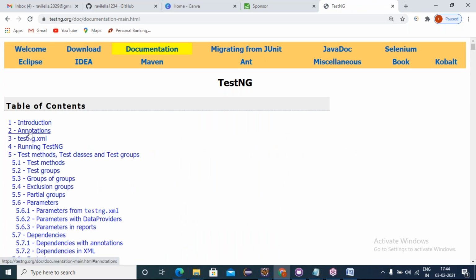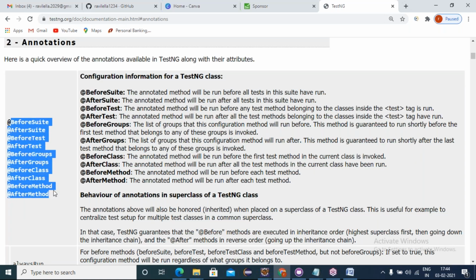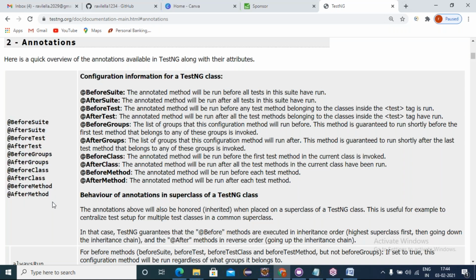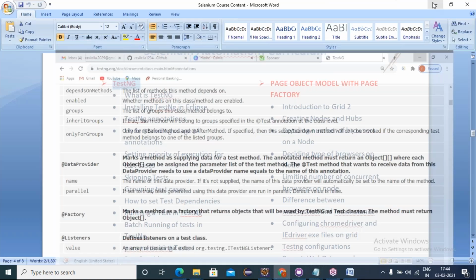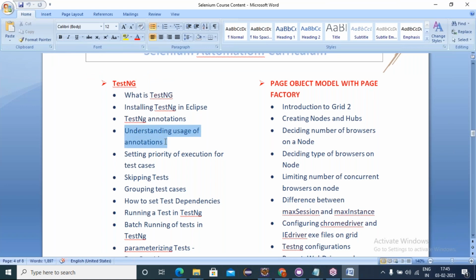Here, I'm saying in TestNG everything is annotations, right? If I click on annotations, see, these are the annotations. Every annotation has its own importance and priority in building and executing the code. Data providers and so on, we'll be talking about all those things. Understanding the annotations, what is the priority of executing these TestNG classes, how to disable a particular test case so it does not execute, and how to set the priority to execute my test cases using the TestNG framework.